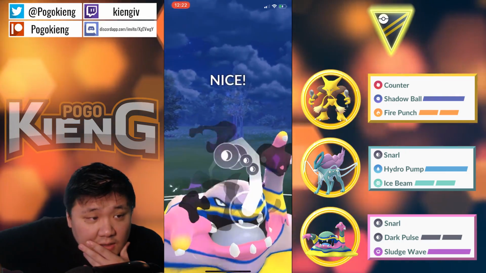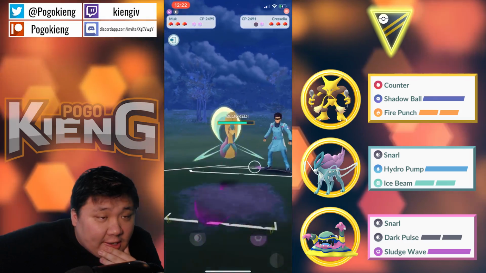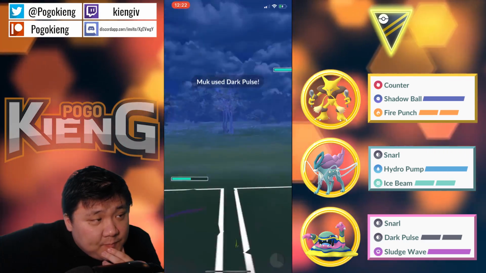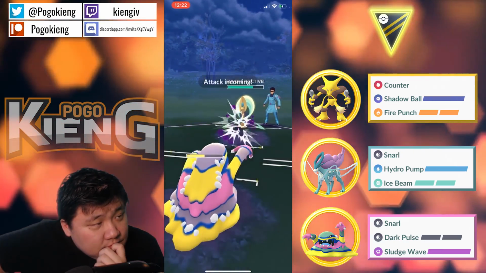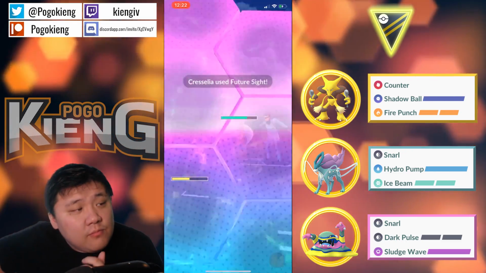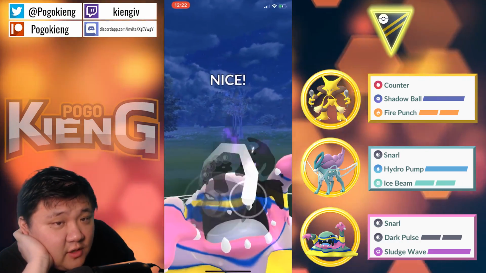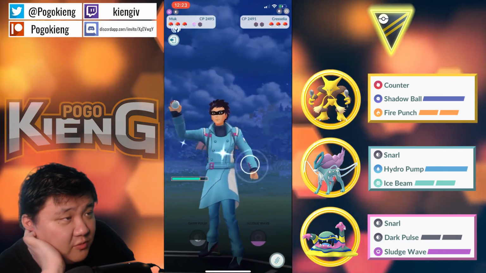Cresselia will definitely survive the Dark Pulse, because this is an absolute monster. But they decide to shield. Gonna throw another one. But Cresselia can definitely survive this pretty easily, so... Okay, they double shield, interesting. So it's gonna throw the Future Sight. So Moonblast is actually the better move because it's neutral and Future Sight is resisted. And I believe actually Moonblast does more damage than